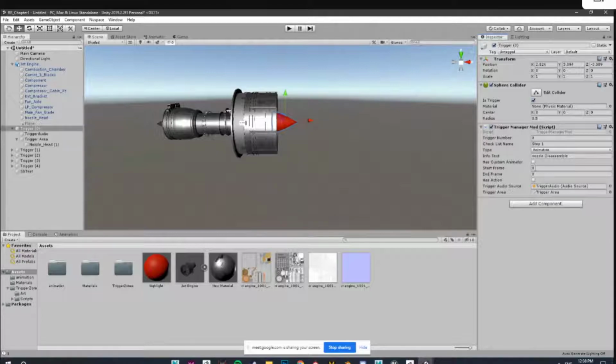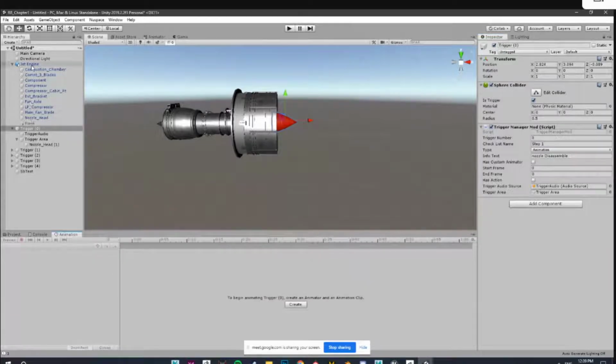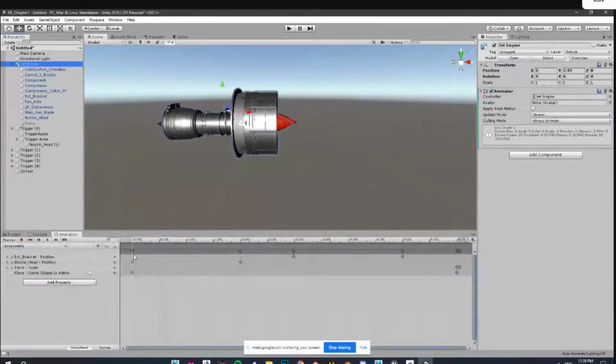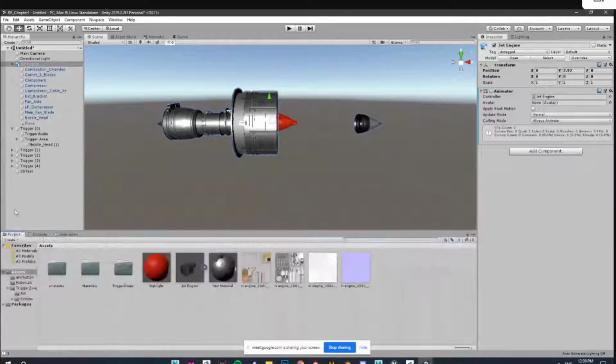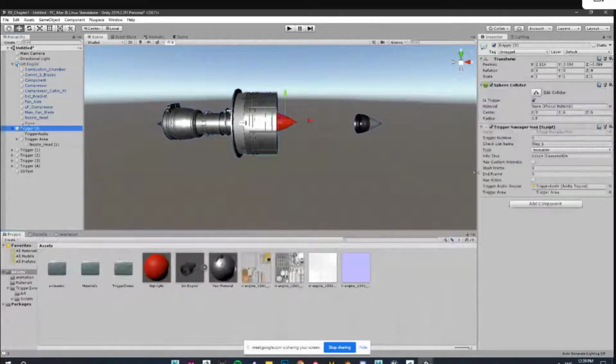And here we have to type our start frame and end frame. If you go to the jet engine, our start frame is 0 and our end frame is 121. So over here we'll type 0 and the end frame will be 121.